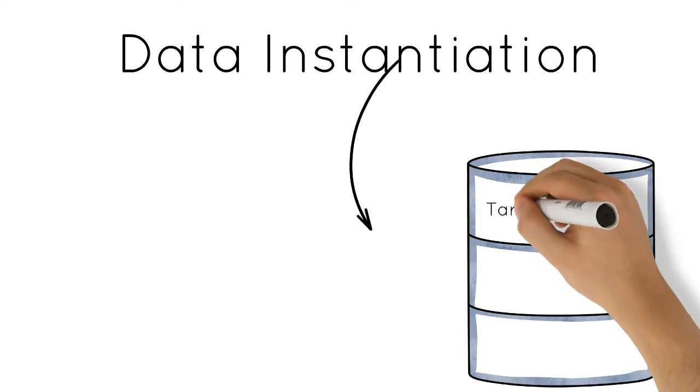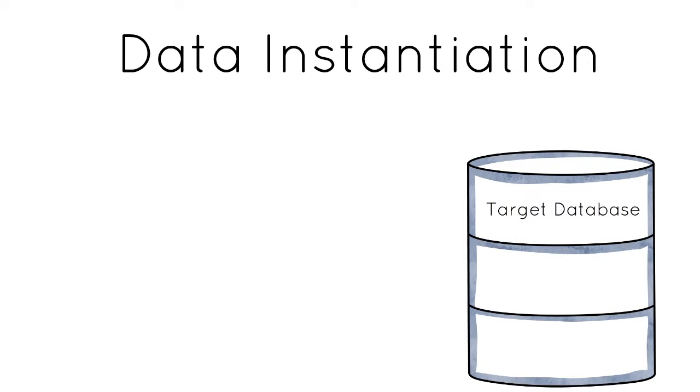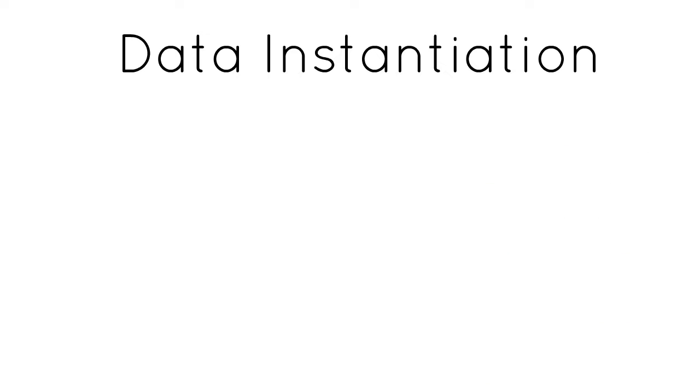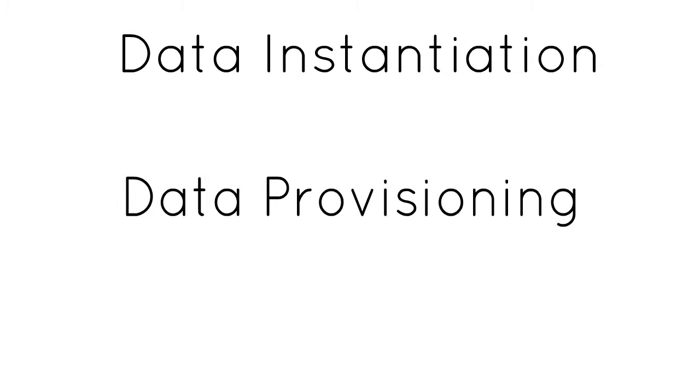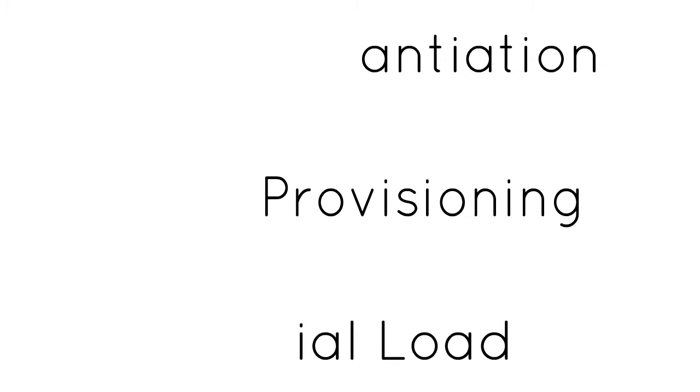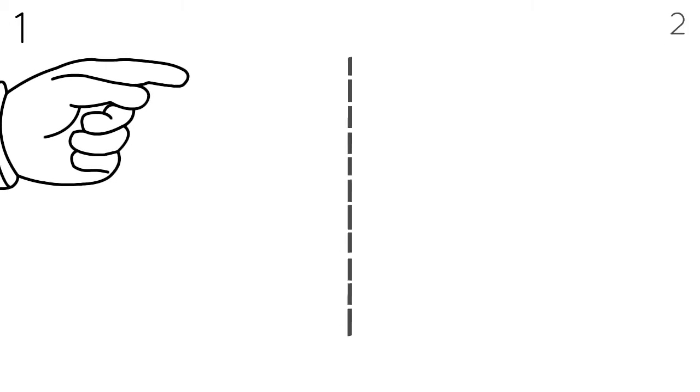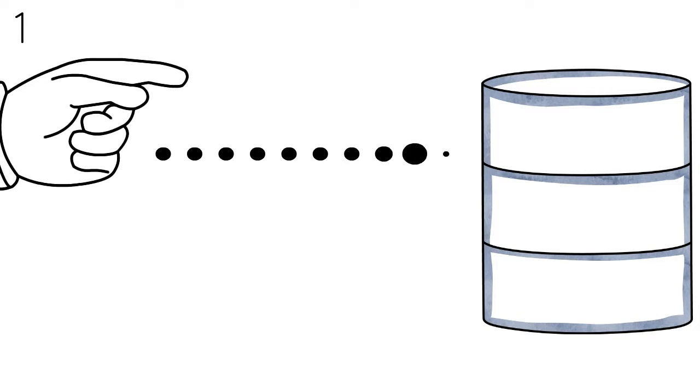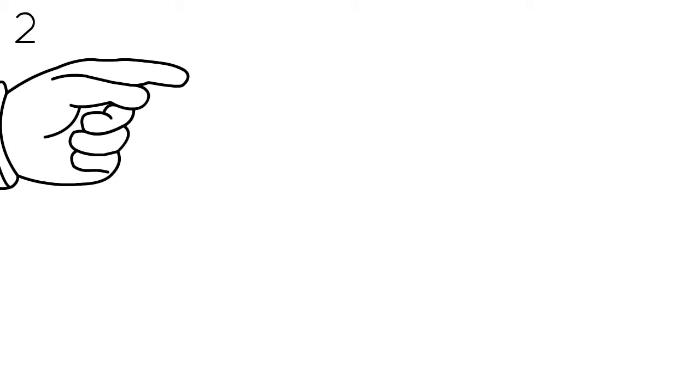Data instantiation is the term that describes how to load a target database. Other names for data instantiation are data provisioning or initial load. There are two crucial parts to data instantiation. The first part is in the actual loading of data, and the second part is to ensure that you have